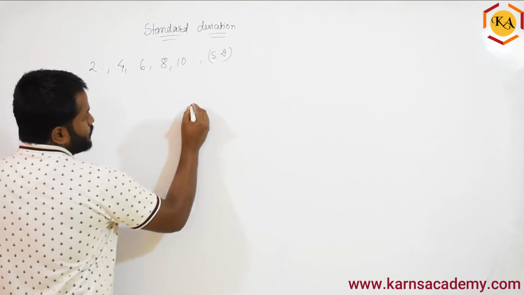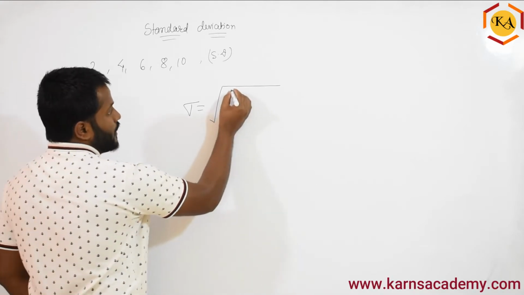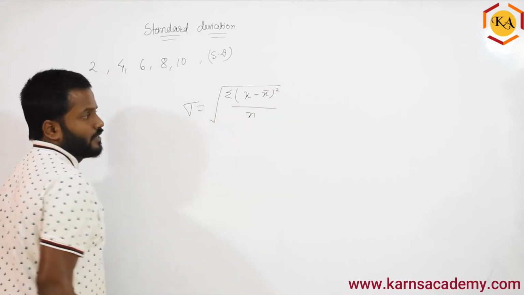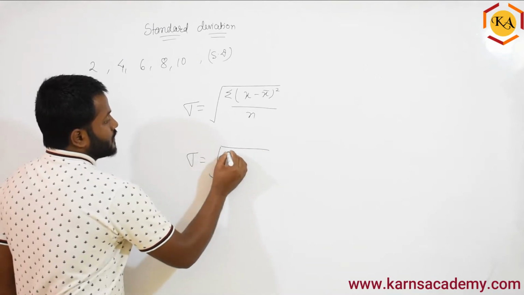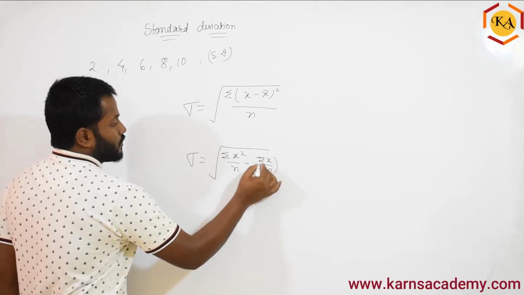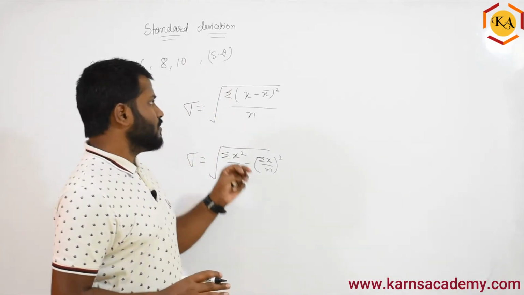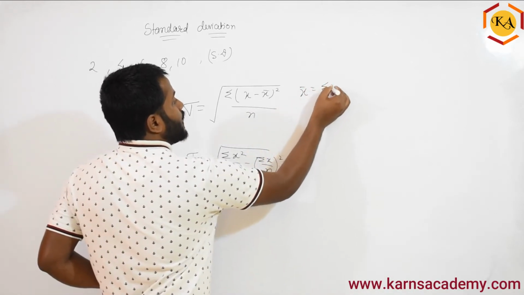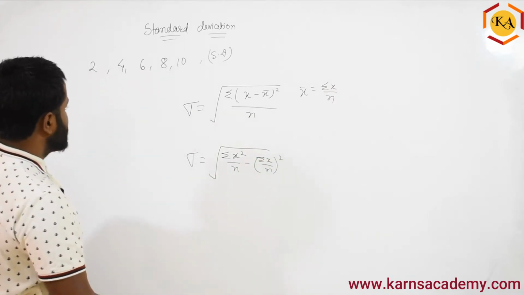First, I'm going to write the formula for the standard deviation. You can see the standard deviation formula for ungrouped data that I have given: square root of summation (x minus x bar) the whole square divided by n, right? I have also given the standard deviation as square root of summation x square by n minus (summation x by n) the whole square. Whichever you feel comfortable with, you can use it, not an issue. It's going to be the same answer. If you're using this, you're going to find the mean, and you know very well the mean formula: x bar in ungrouped data is summation x by n. If you're using this, you don't have to find the mean, you can do it directly. So let's see how to do it.